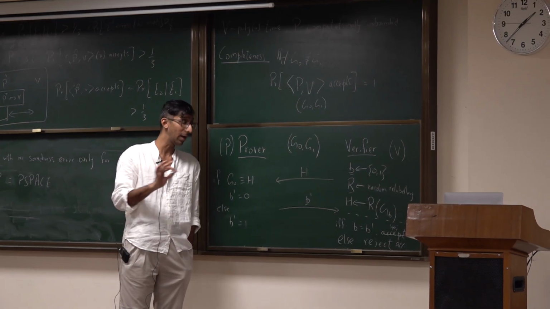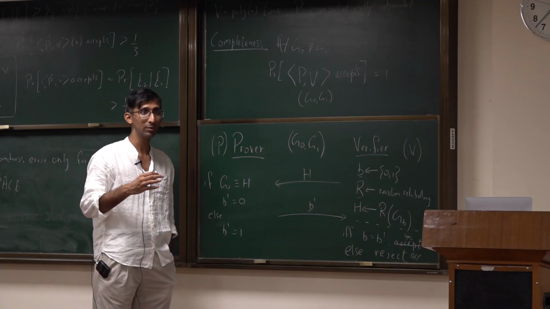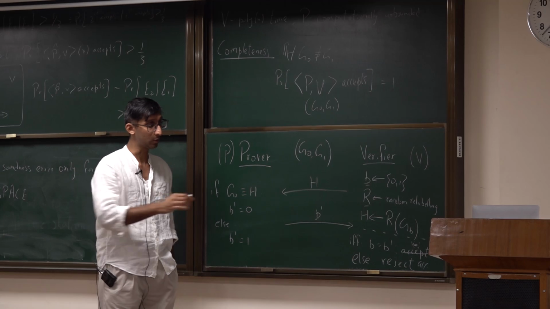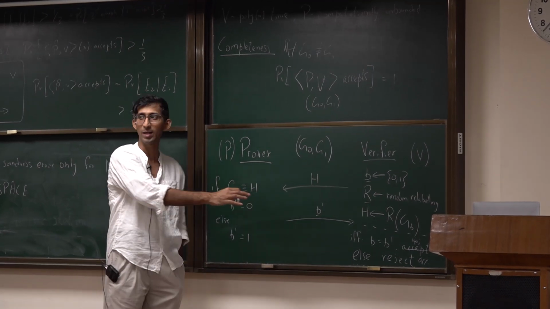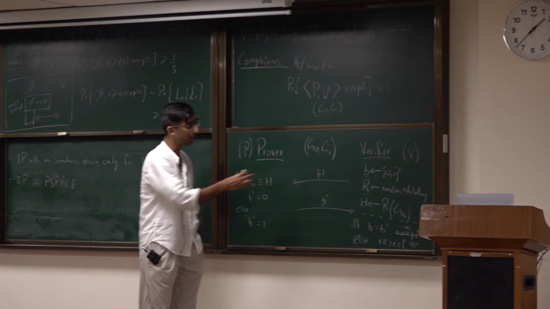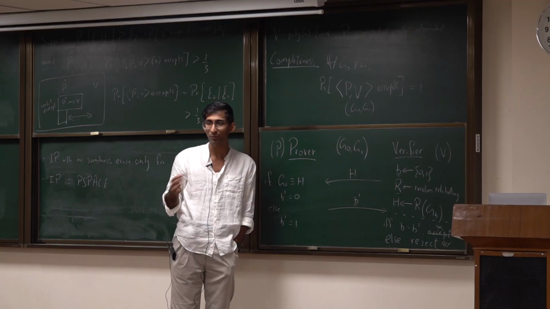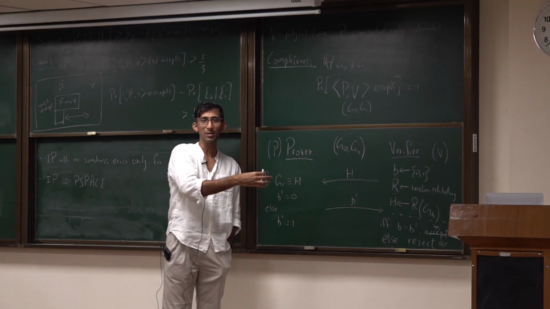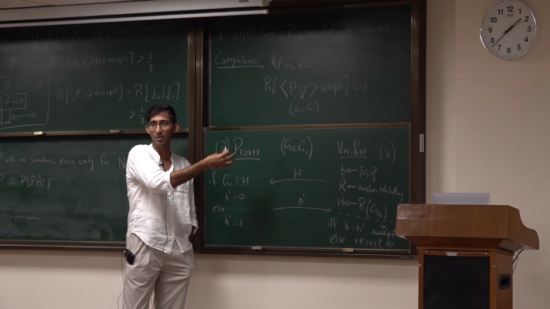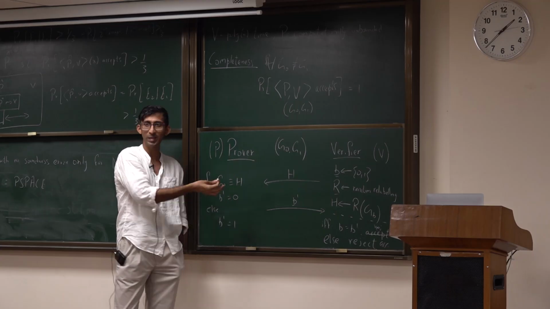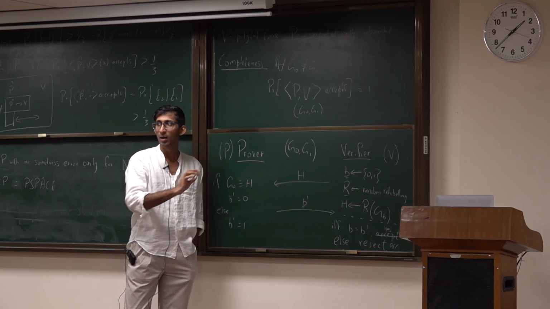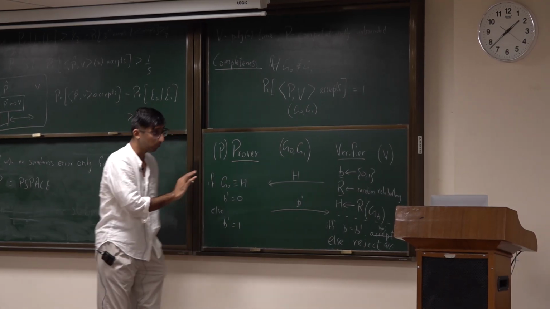That's okay, as long as in the soundness case the acceptance probability is even smaller, it would be fine. But let's see what happens there. For completeness, we have said with probability half the verifier can be made to accept, but not more than that. But for soundness, there are two graphs, they are not isomorphic, and now the prover gets this H. It knows exactly what B is by our arguments for completeness in the previous protocol. It knows exactly what B is, so it can always make the verifier accept by just sending B prime not equal to B. So it doesn't work, and the reason